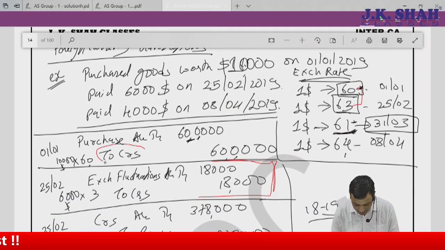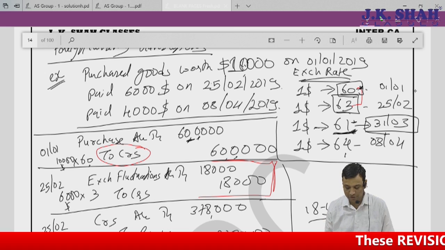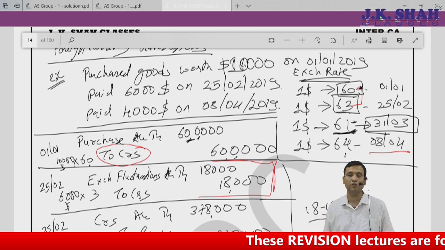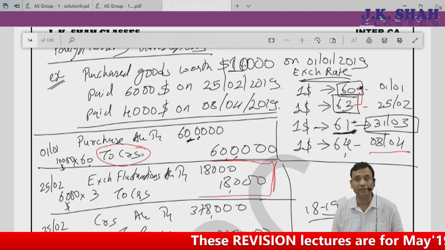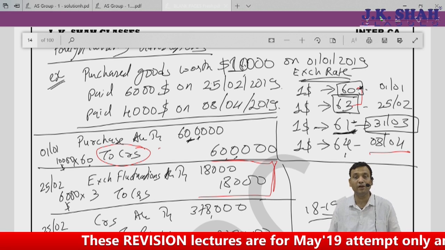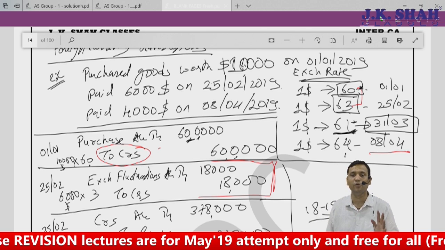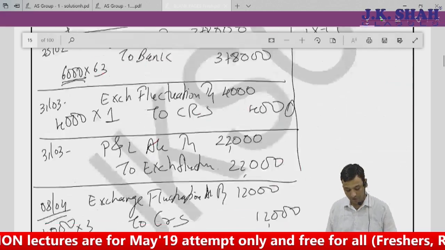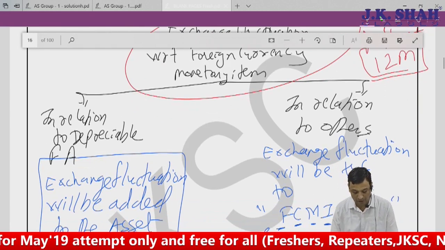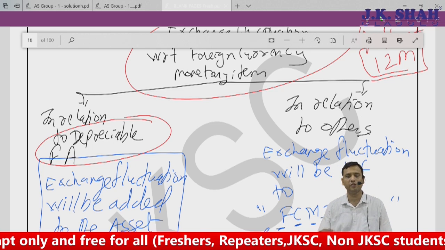So the example which I did above, is this creditor a foreign currency monetary item? Answer is no. Why? Because it originated on 1st of January and got paid off on 8th of April, that is just within 3 months. So this is not a foreign currency monetary item. So don't think about applying para 46 in this question. You cannot apply para 46. It has to be a long-term monetary item only. Means para 46 will be applicable for borrowings. If you have borrowed in foreign currency, that too for a longer period of time, and you have made this borrowing for a fixed asset which is depreciable, or for others, non-depreciable